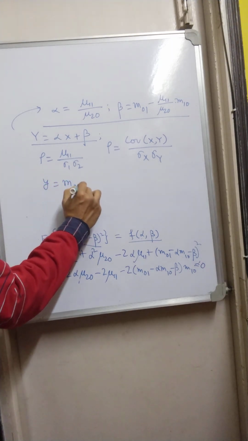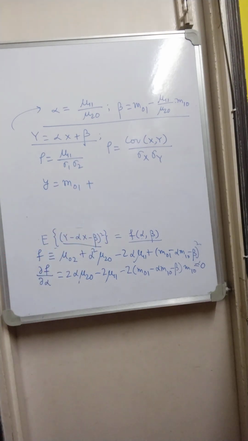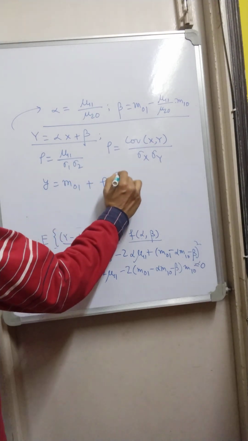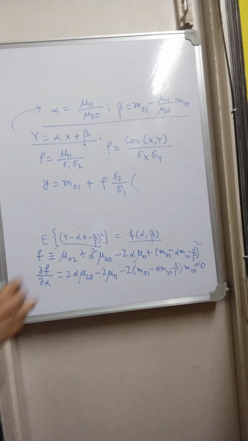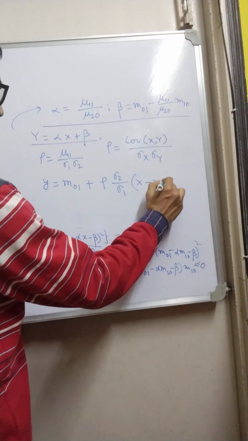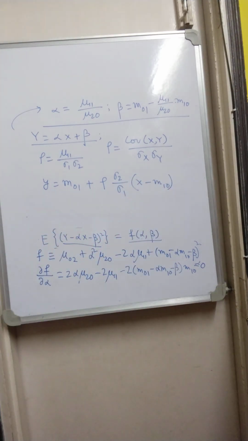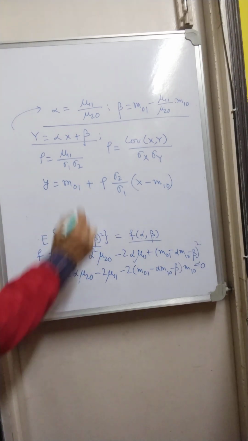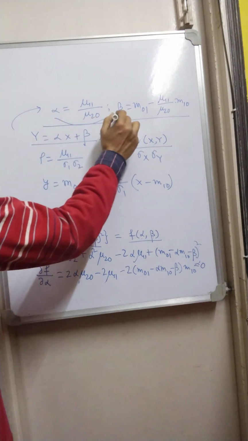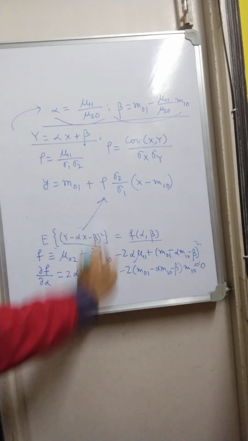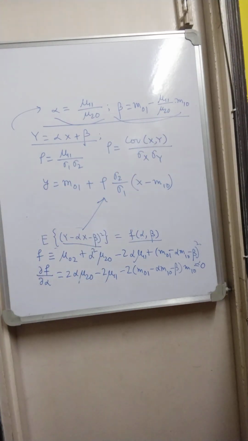as y equal to m01 plus rho sigma 2 by sigma 1 into (x minus m10). This is the regression line of y on x. Okay, just see that we have used this value and this value only here. So this is regression of y on x, and conversely we can write the regression of x on y. Okay,